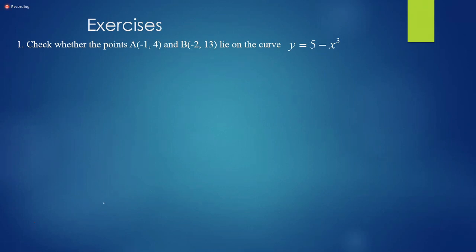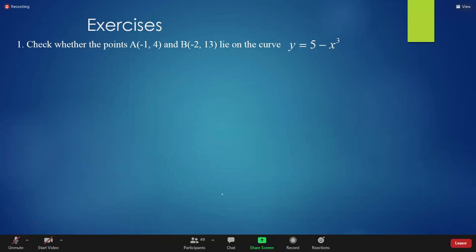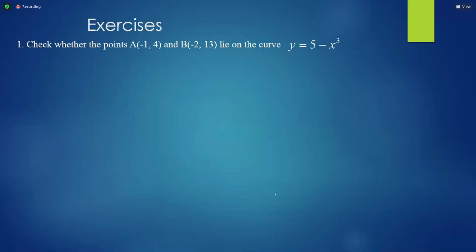So basically, we have to take the coordinates of these 2 points, check those coordinates in the given equation, and see whether this is true or not. If we can put the coordinates of a point, remember that first one is x and second one is y, into the equation, and we get a true equality, then the point does lie on the curve. If not, then not. So for the point A, I would say y is 4, and we need to check,